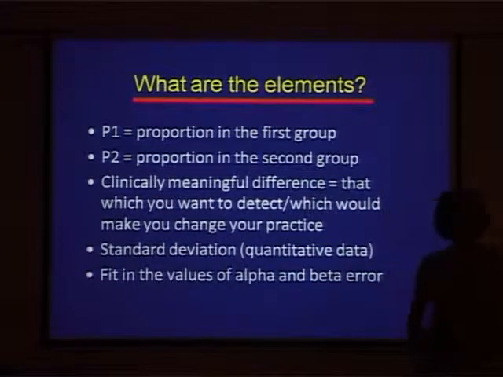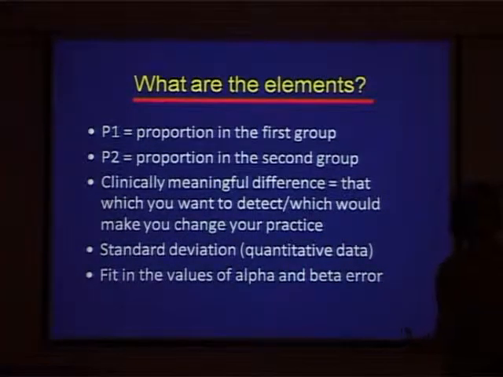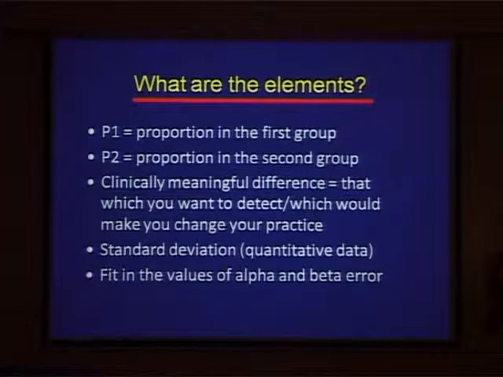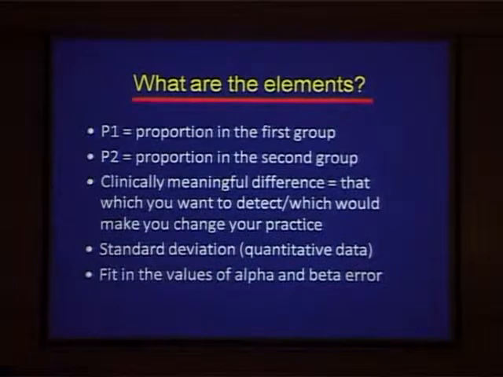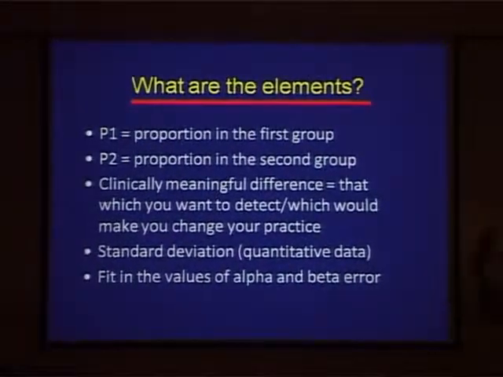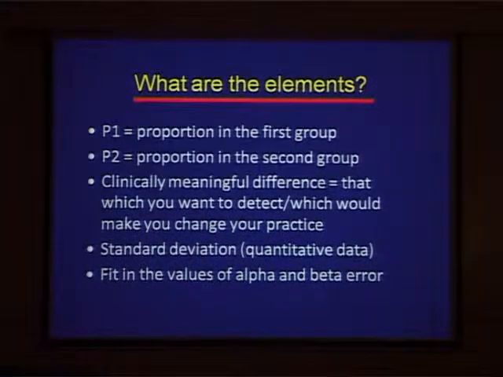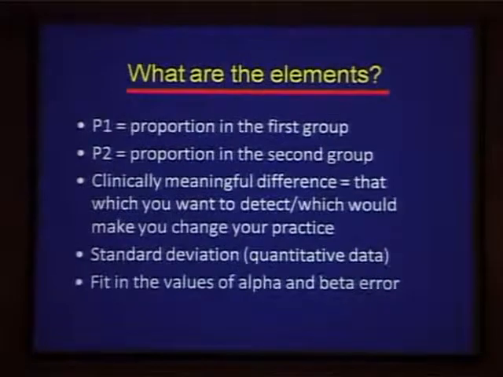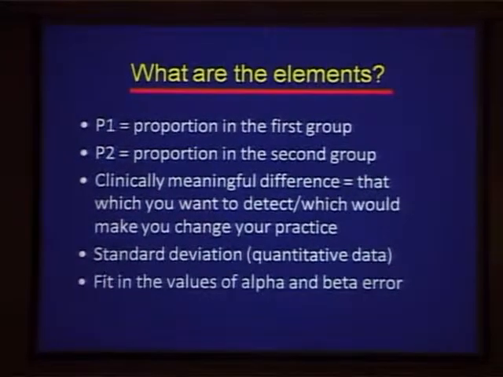In other words, when you have a two-group comparison, what is it that will make you switch from A to B? What is the difference which will make you change your prescription from A to B? And remember, this clinically meaningful difference is something which is entirely in your hands, and you must never leave it